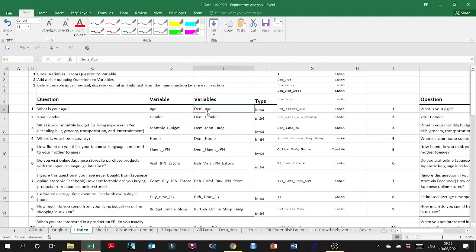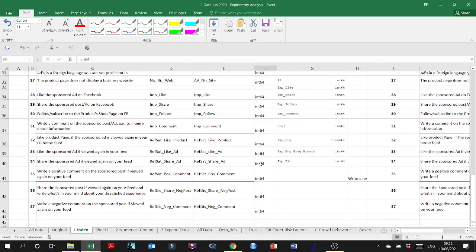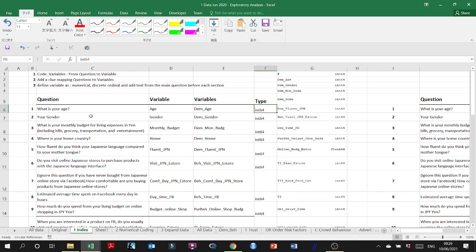Probably some languages do not tolerate spaces, so I suggest that you add an underscore, and then this is the type. It's all integers, so this is quite simple. These are all the questions that we have. What is your name, your gender? So this is the variables, and this is the